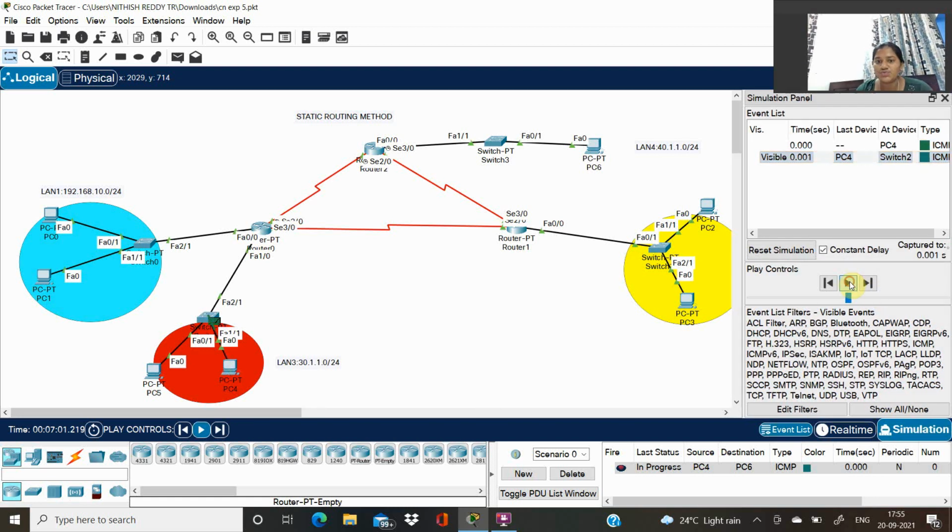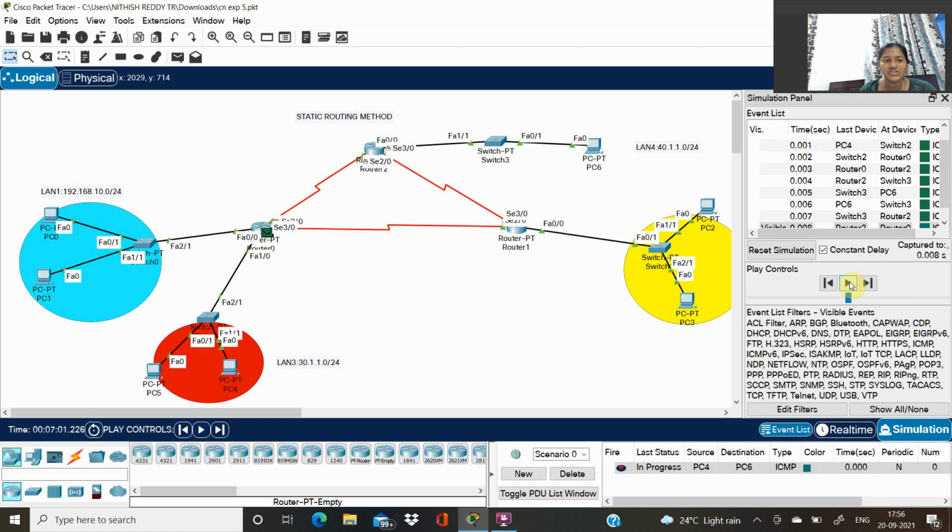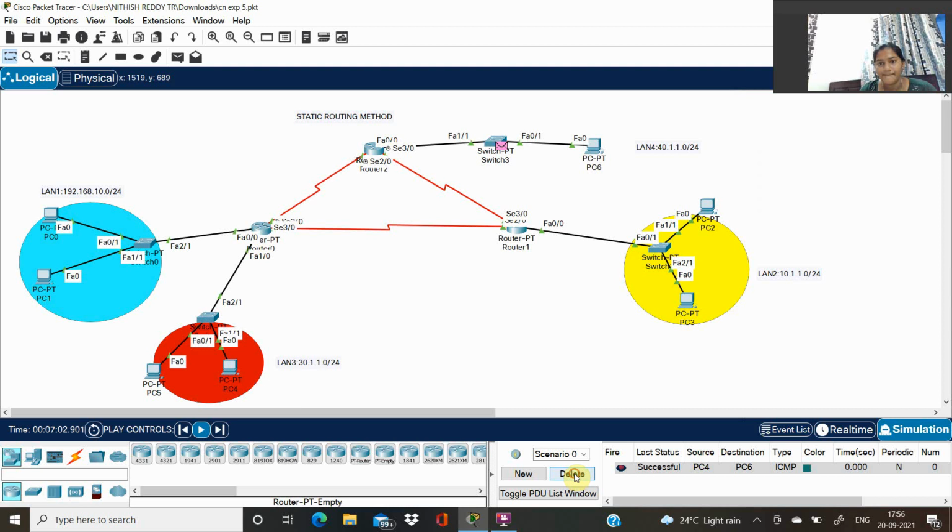From PC4 to switch 2, and then from switch 2 to router 0, and then from router 0 to router 2, and then from router 2 to switch 3, and then from switch 3 to PC6, and then from PC6 back to switch 3, and then from switch 3 to router 2, and then from router 2 to router 0, and then from router 0 to switch 2, and then from switch 2 to PC4, which is successfully done.